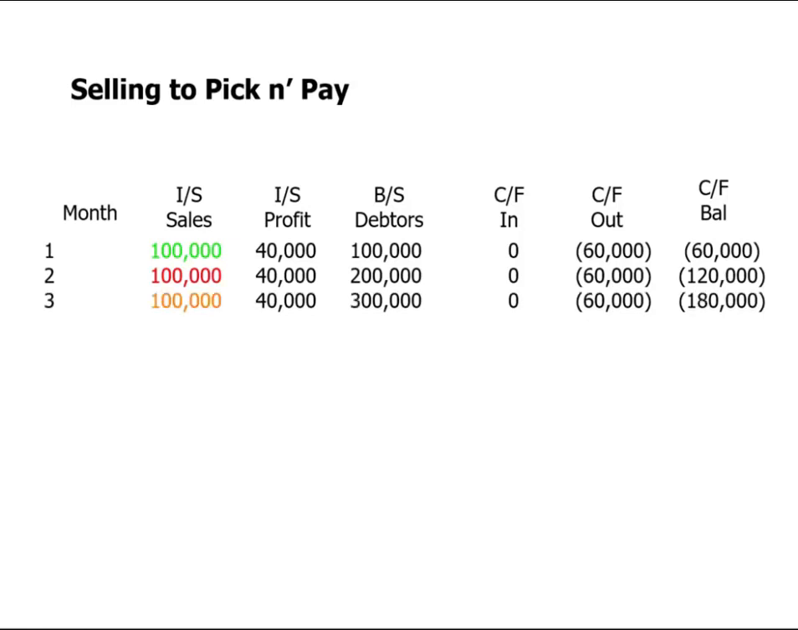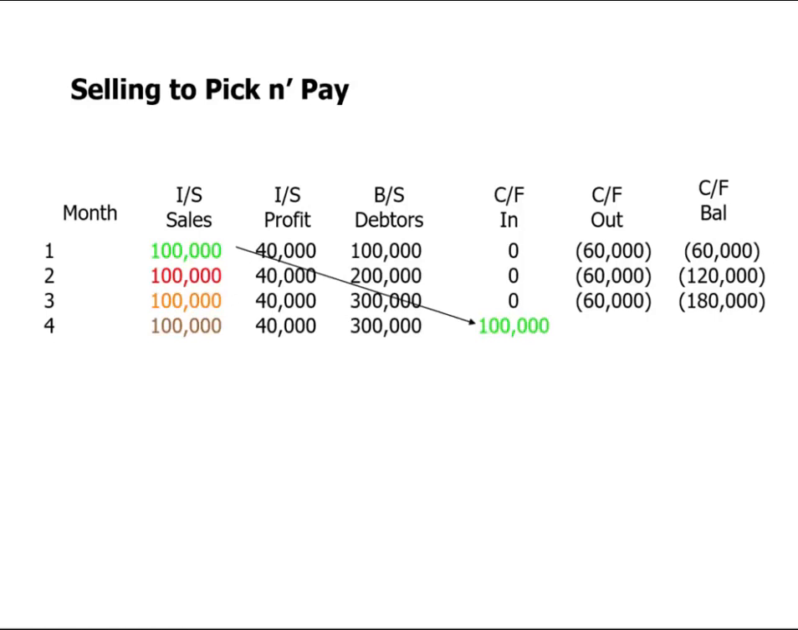So let's fast forward another month here. Our debtors book is growing. We still haven't been paid. We've paid our suppliers, and our cash balance gets less and less. Now, in month 4, now that the 90 days has passed,